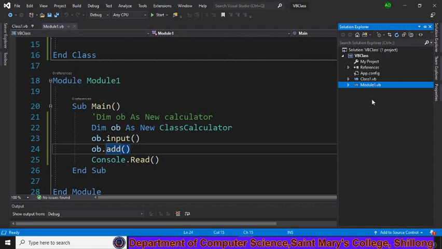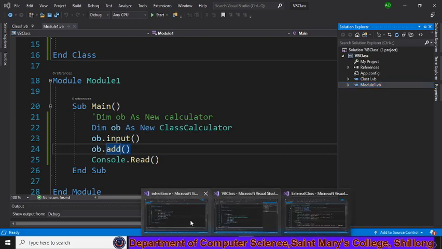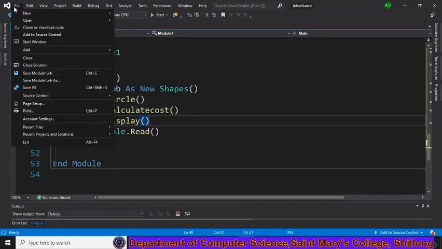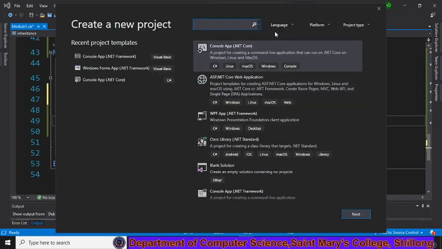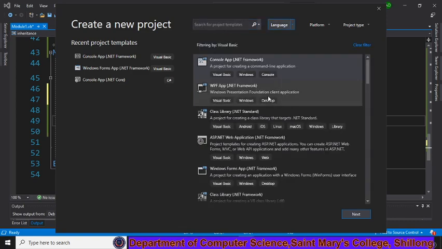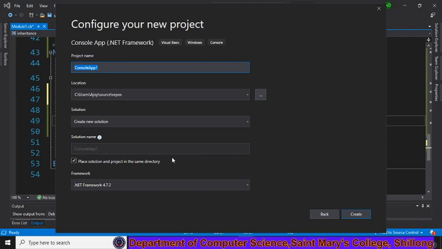Now another way to create a class is that you can create a class in a separate project. Now how do you do it? If you want to create a class in a separate project, what you can do is create a new project. Now we can choose our language, that is Visual Basic. Now I choose console application. Next, give a name, let's say